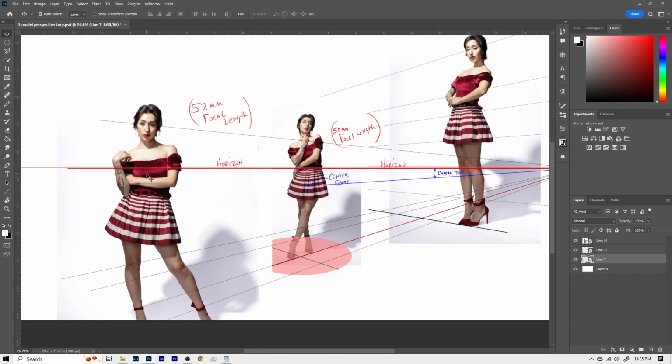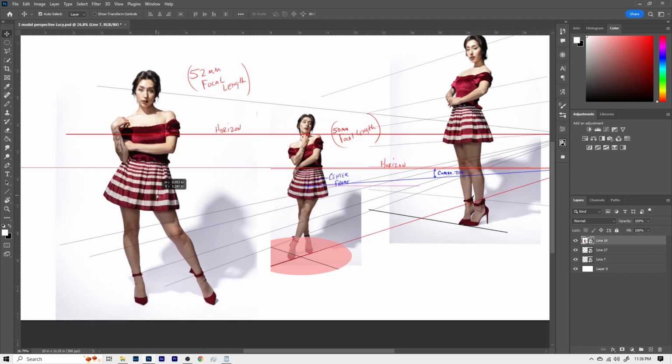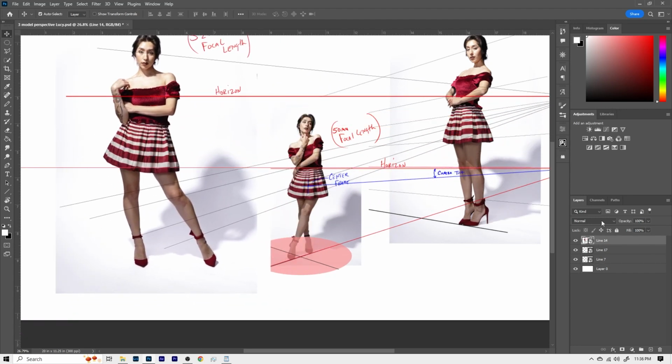And even though it's not a discernible difference, as you can see, the camera is pointing here and the horizon is here, and now the horizon is here. So the camera's higher, so her feet will look different. You can't get her feet to line up, to be on the same plane.